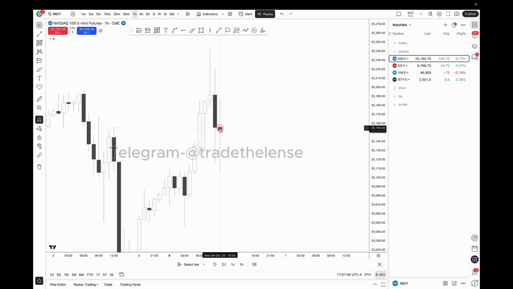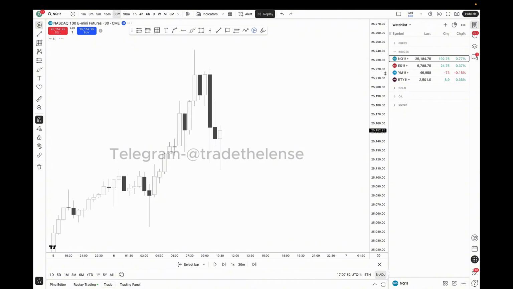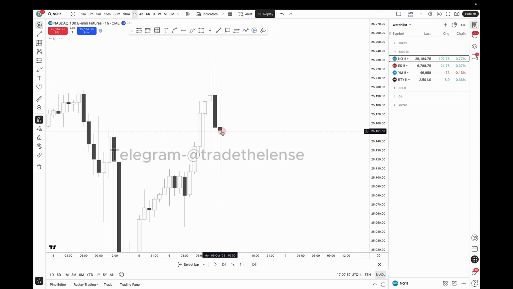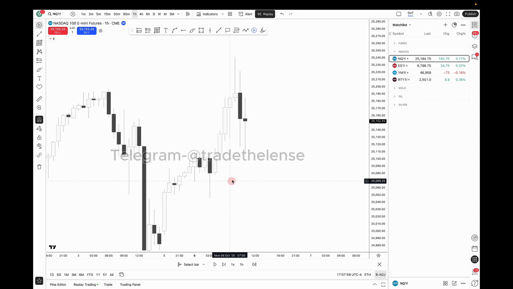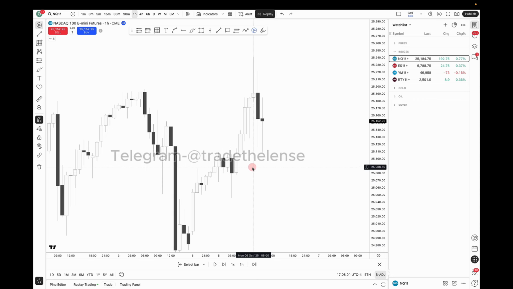Now at this point, when I took that loss, this is basically when the hourly candle closed here, right? If you see here, this is when the hourly candle closed. And that forms that strength switch PSP, where the other assets are expanding back in the range. So this is good. This is good to see.